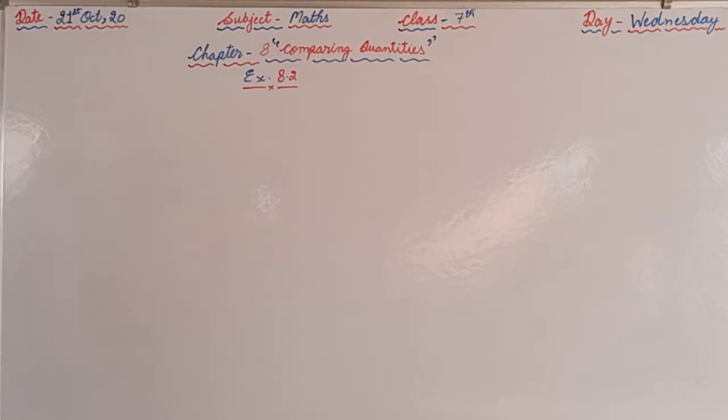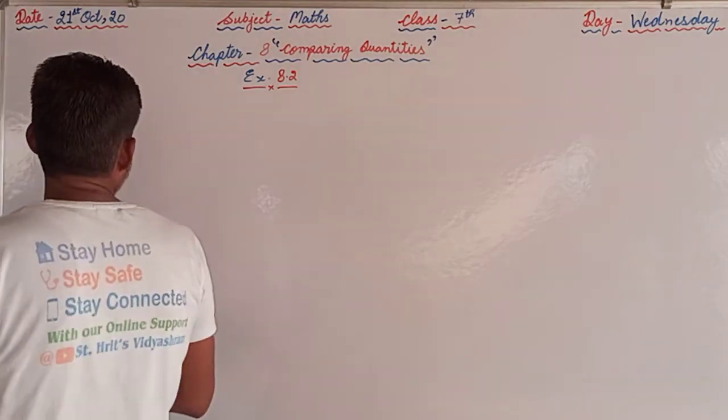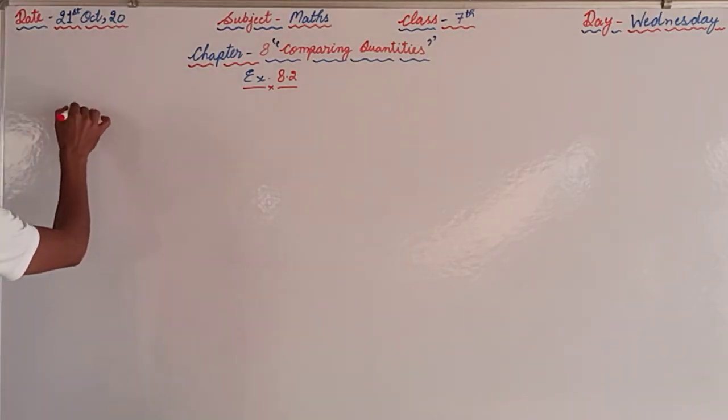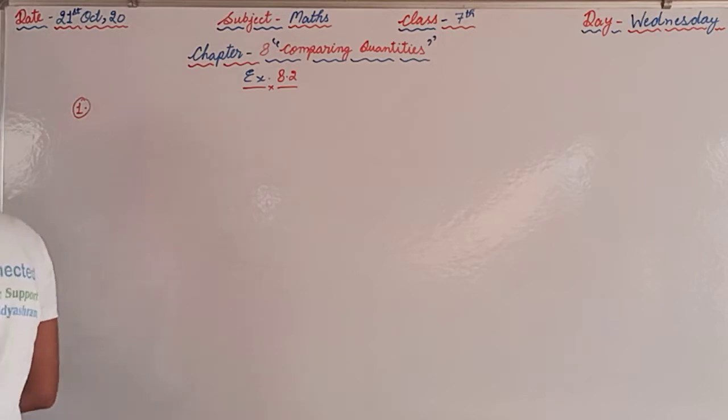164, question number 1. As I told you previously, whenever you are watching the video, you should have your textbooks with you so that you can also get the information given in the question. So we will start exercise 8.2 with question number 1, and first of all we will read the question. Convert the given fractional numbers to percents.